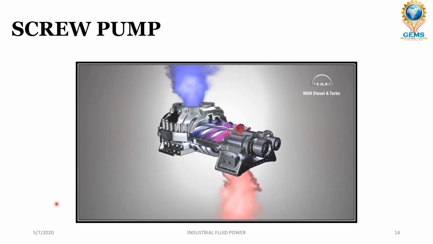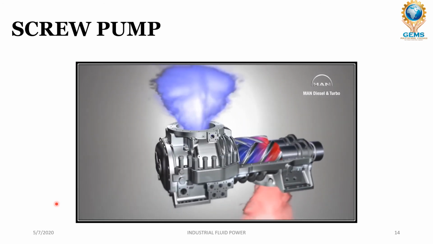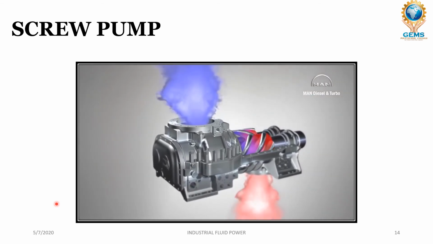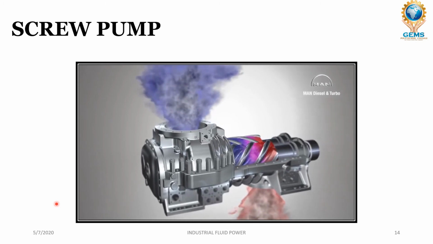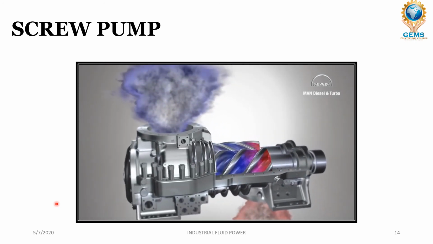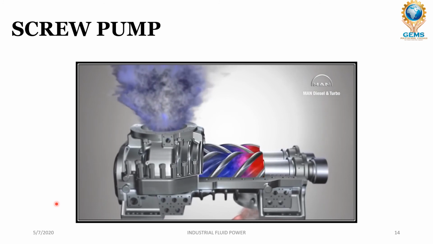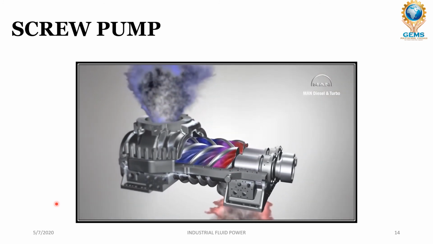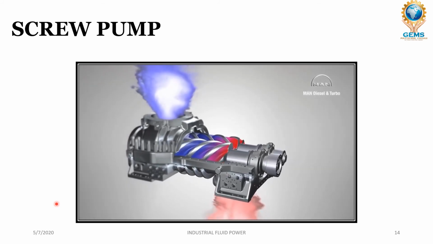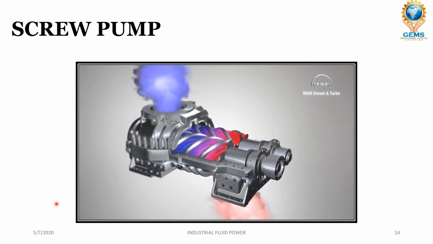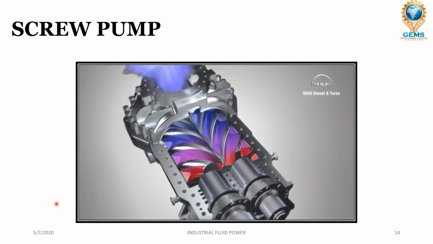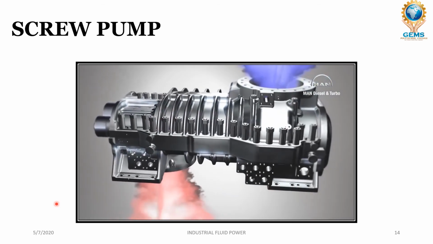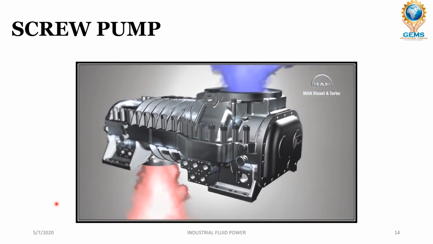In fact, all the chambers between the two rotors are being filled and emptied continuously. This means that with a screw compressor, the compression process is more or less ongoing. The design of a screw compressor combines the advantages of a positive displacement machine with those of a rotating machine, making this type of compressor suitable for a very wide range of applications and process gases. MAN Diesel and Turbo has been developing and constructing process gas screw compressors at its Oberhausen location since 1952.